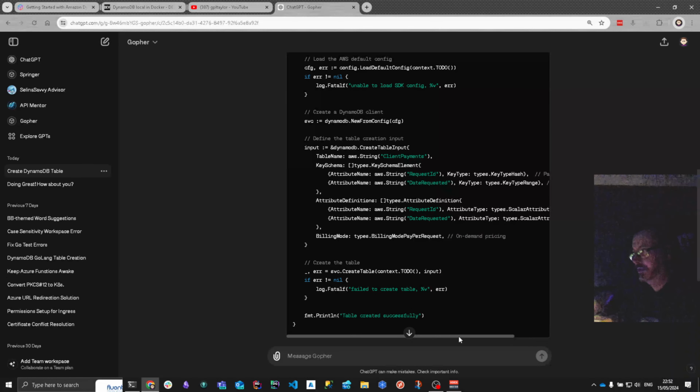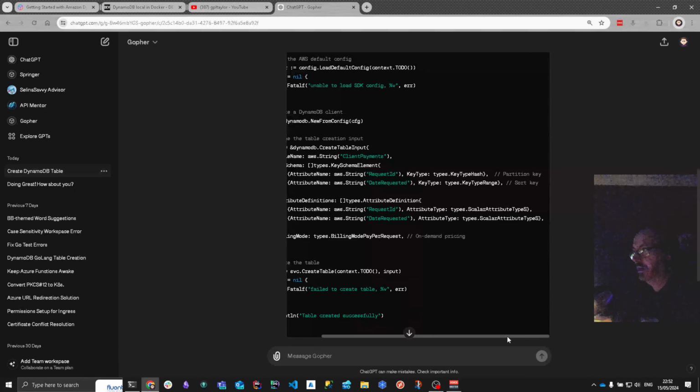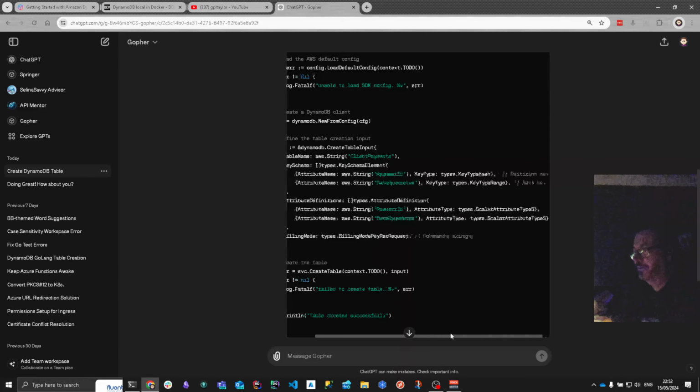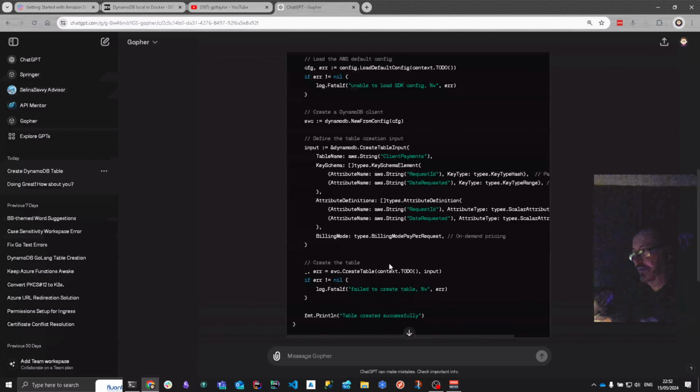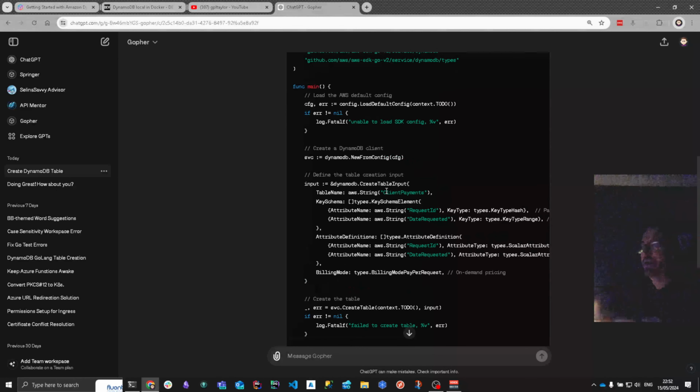And that looks like it's set it up as a dual key, the partition key and then the sort key. Never asked for any of that. And then create it using basic to-do context. And that will create the table. So I might actually have a play about with that. See if I can actually create the table